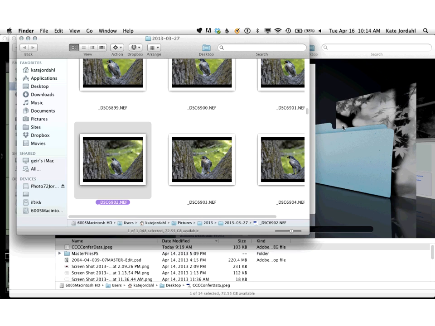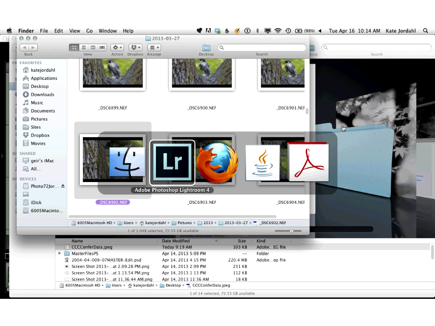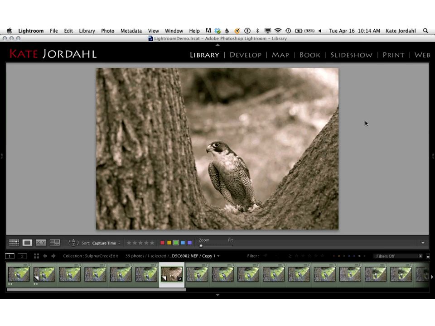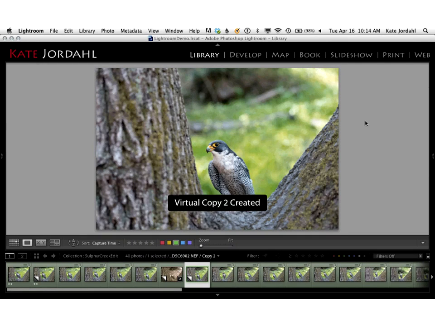Yeah. I'm not going to repeat that but I'll say yes to you, and then we won't think about that because we don't want to confuse the two different pathways. But it is a second story about your picture. Can I make a third story? I can make as many stories as I want. So say I have one slideshow where I'm going to use the color images. I have another, I'm going to do a set of cards in this lovely, beautiful green sepia tone thing that I made, right? I could come back here again, make another virtual copy, and then I can go to my Develop